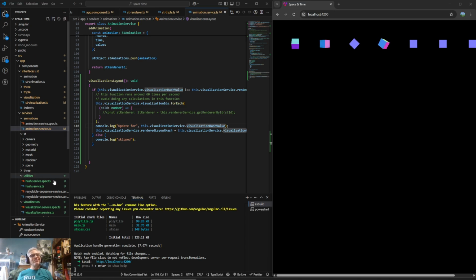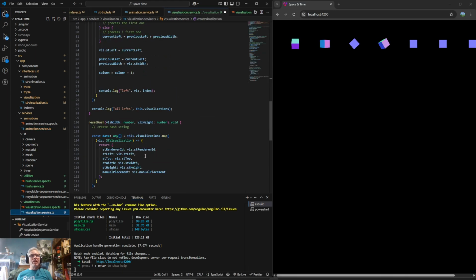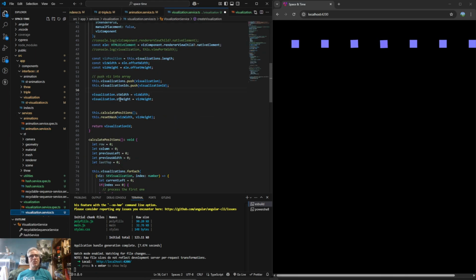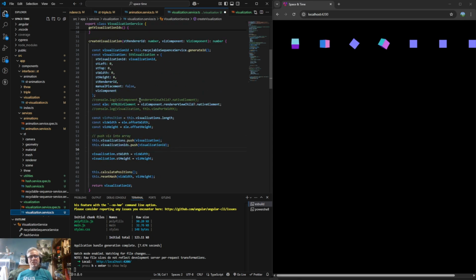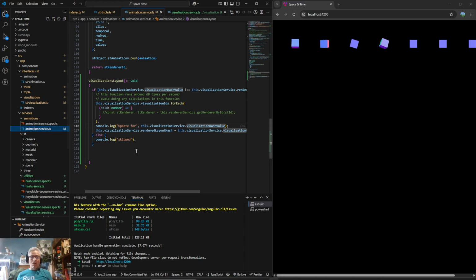All right, I know I keep saying this over and over again, but the things that are happening in visualization are happening whenever, however they happen. I'm not putting any code protecting any of this from running as often as it damn well feels like. If it wants to run 1,000 times in a second, it can. If it doesn't want to run for 5 seconds, it can wait. But in my animation service, these are locked into the actual updating of the screen.